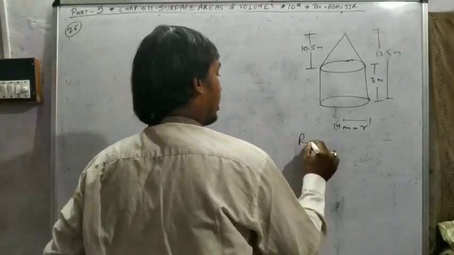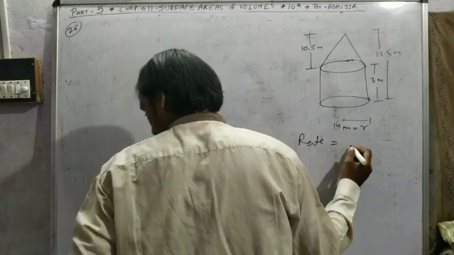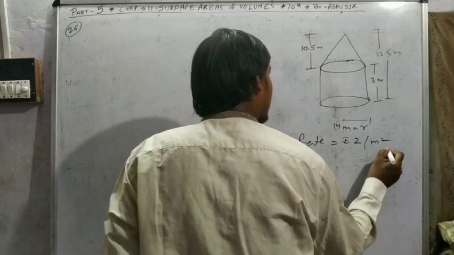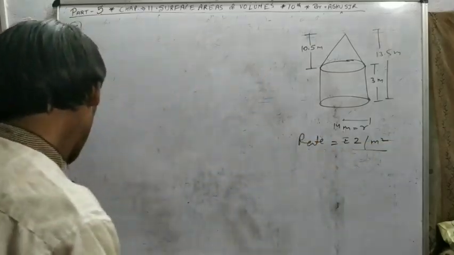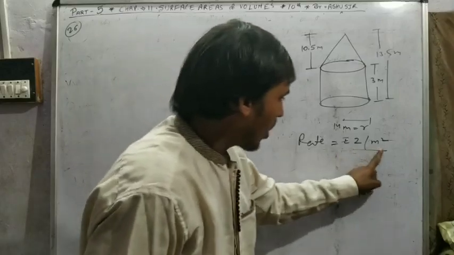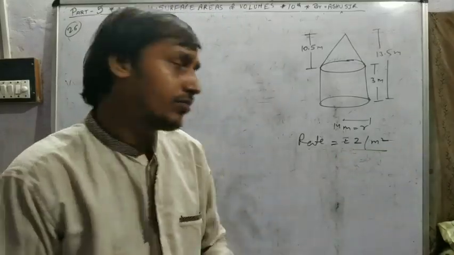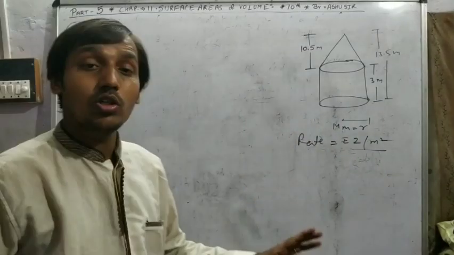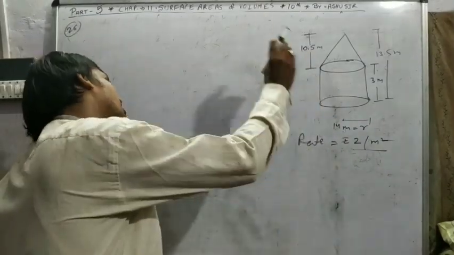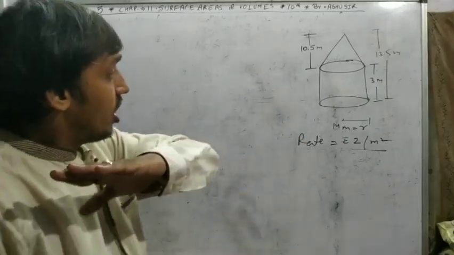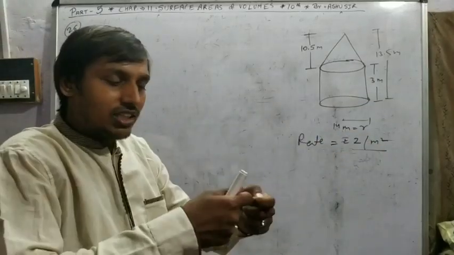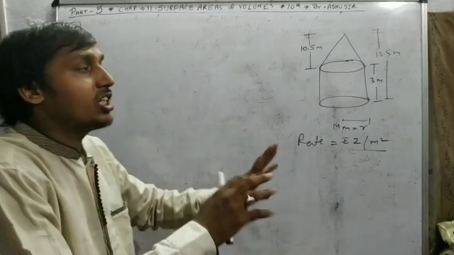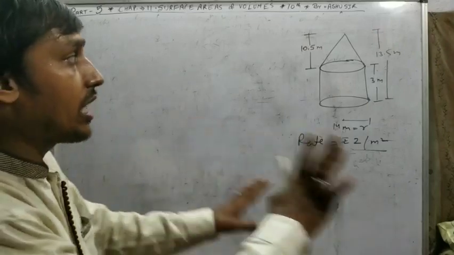The rate is given and you want the total cost. The rate is 2 rupees per meter square. That's a trick: meter square means area, and we want to find area; meter cube means volume. So first we find the total area of cloth used to make this tent. In this question, we don't have to consider the stitching part. Two cloths are stitched and some cloth is folded, but all of that is ignored here because it is not given.